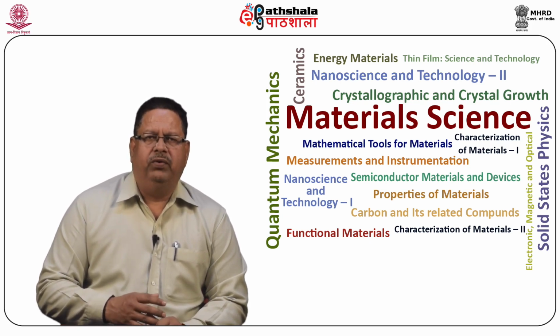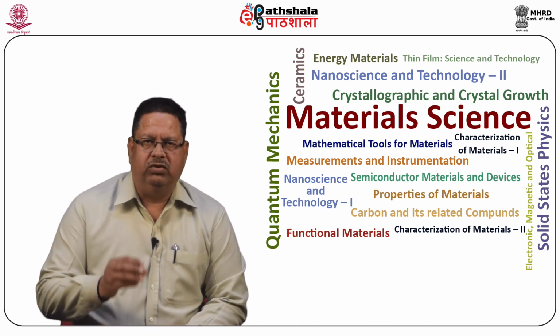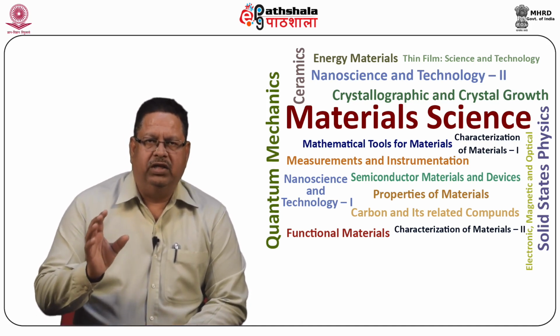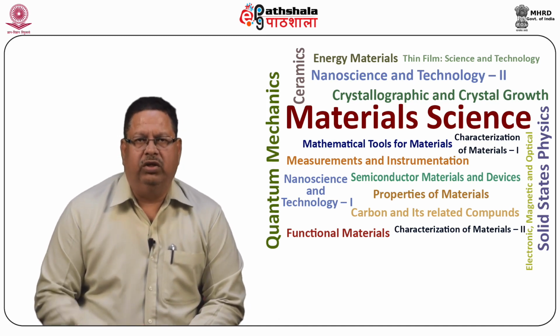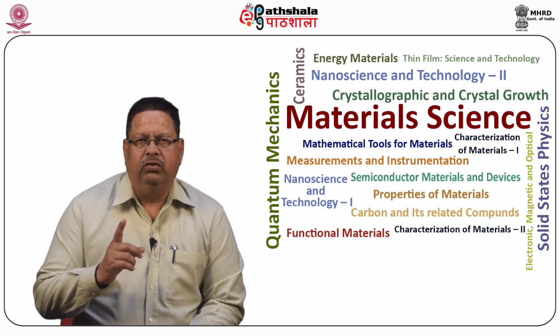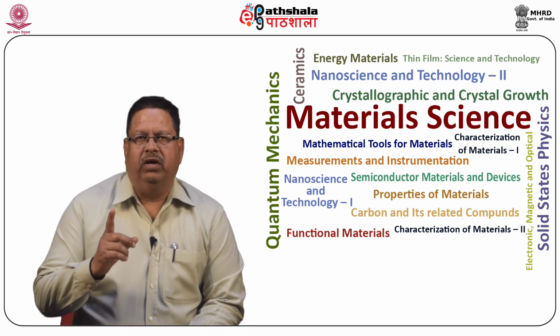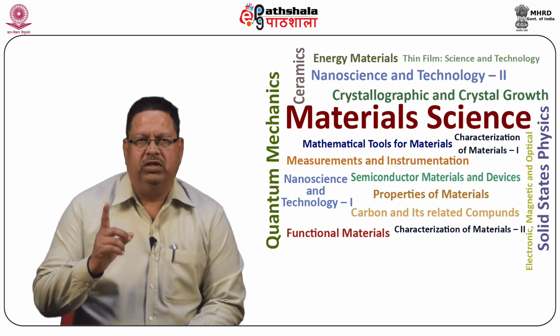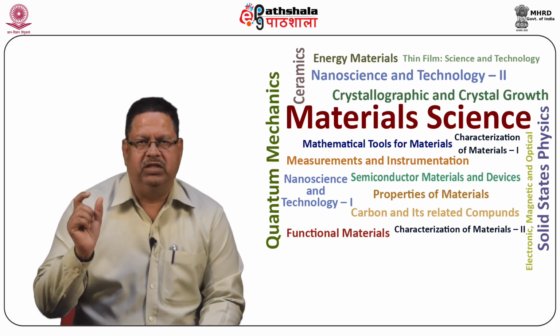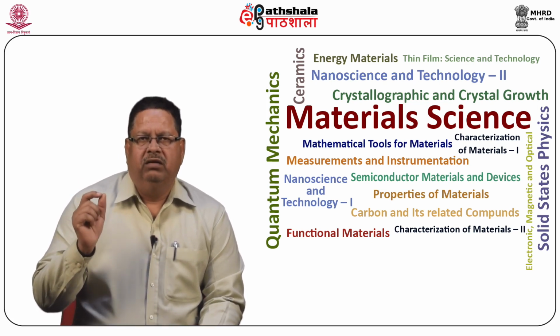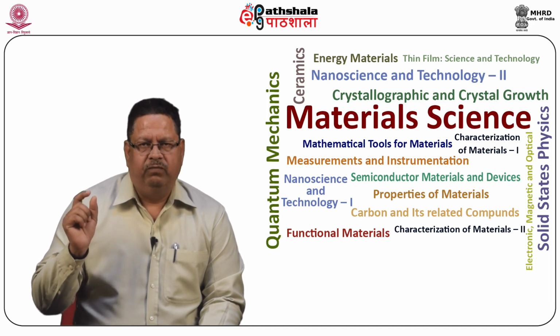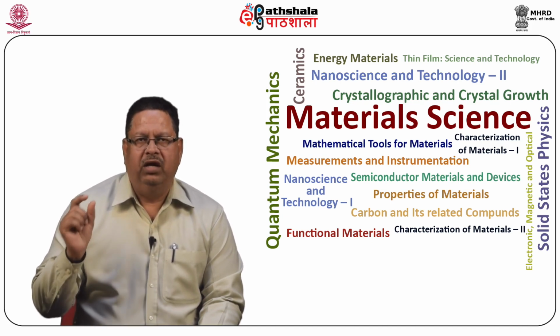There are quite a few basic nuclear properties associated with any particular state of the nucleus. What are those basic properties? The charge on the nucleus, Q, which is positive and equivalent to the Z number, that is Q is equal to Z into E. So charge is the first basic property, and the mass of the nucleus is represented by M. Various kinds of masses are defined for nuclei, like absolute mass, relative mass, binding energy, etc.